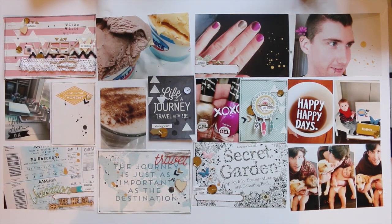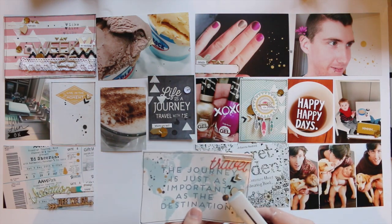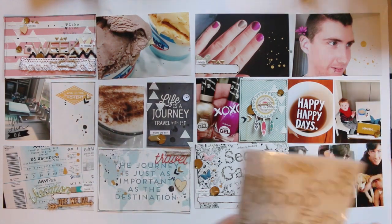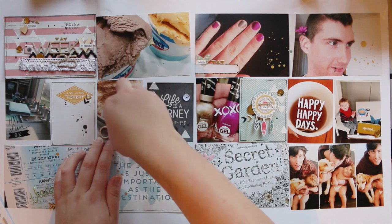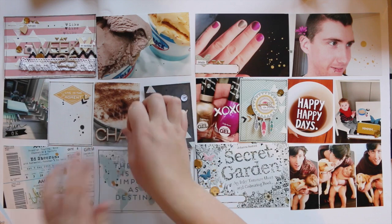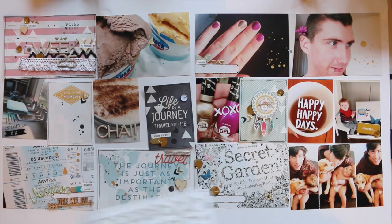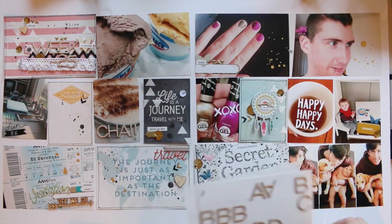So I'm just filling up the cards with any leftover embellishments. Down the bottom you will be able to see that I've got a collage photo, and that one's of my housemate and Elijah's godfather with Elijah and our puppy, well, she's one, but puppy, Bella. I wanted to include all those photos. They're not very good ones because Bella and Elijah would not sit still, and Elijah's just in a nappy, but that's fine. They're everyday pictures, and I just collaged those using, I think it's called